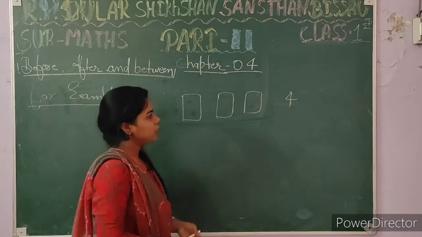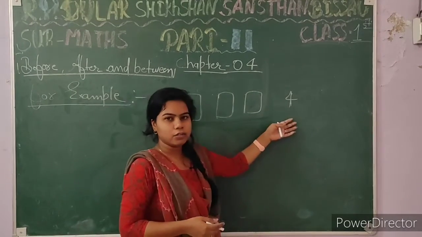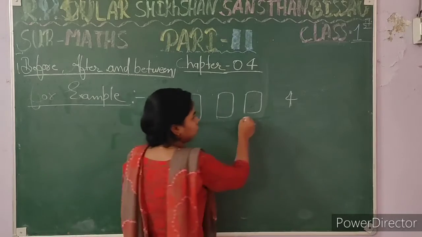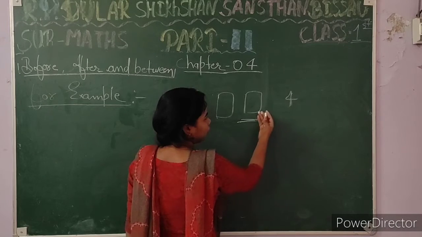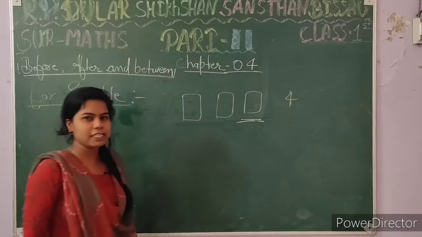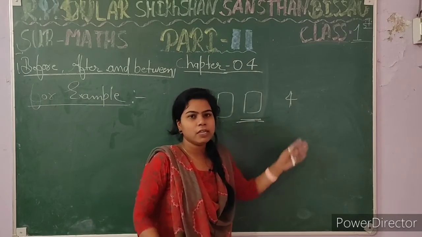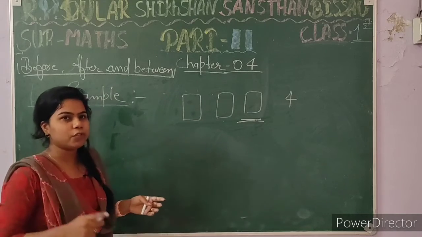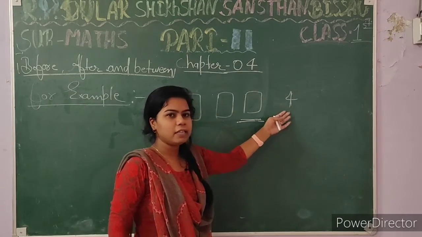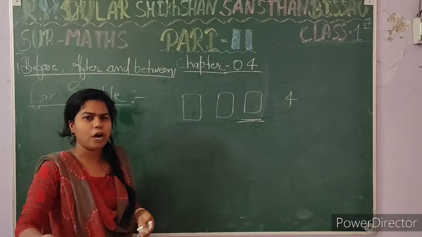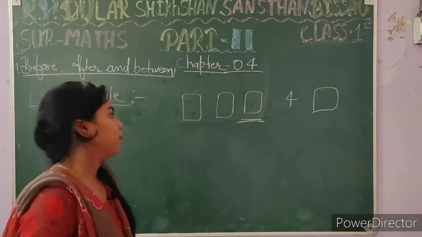I tell you about that. When filling the blanks like that, before, what is the meaning of before? I tell you first the use of before. Okay, which number comes before 4? The question is like that, which number comes before 4? Okay, there are two types of questions, before and after. First of all, which number comes before 4, and then which number comes after 4. There are two questions, students, look carefully at what I am saying.